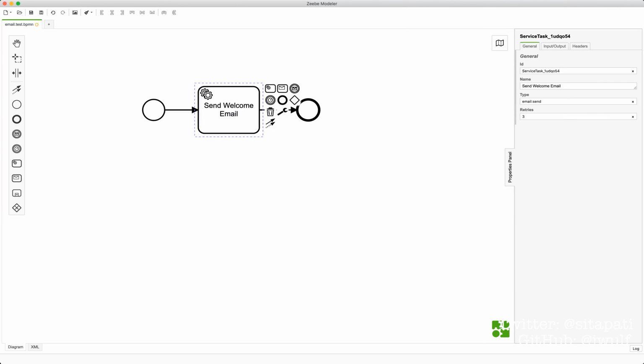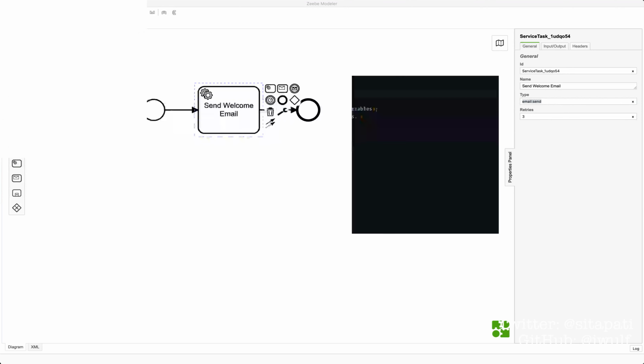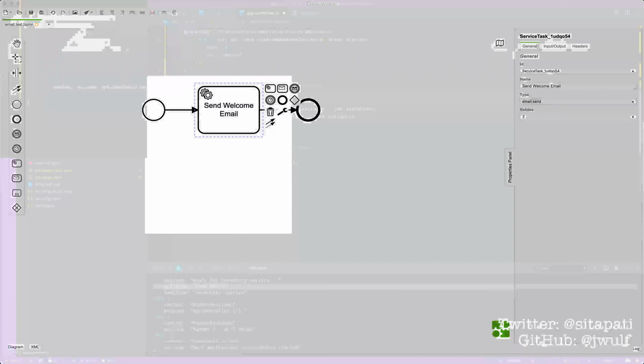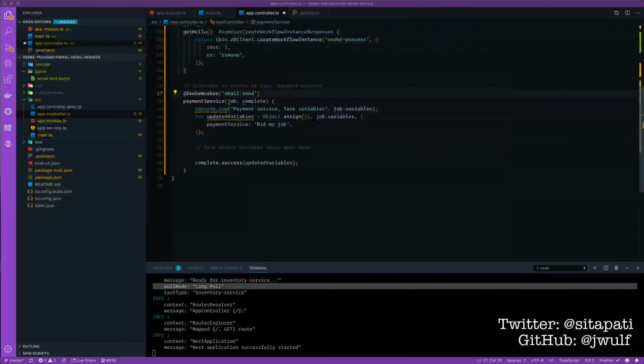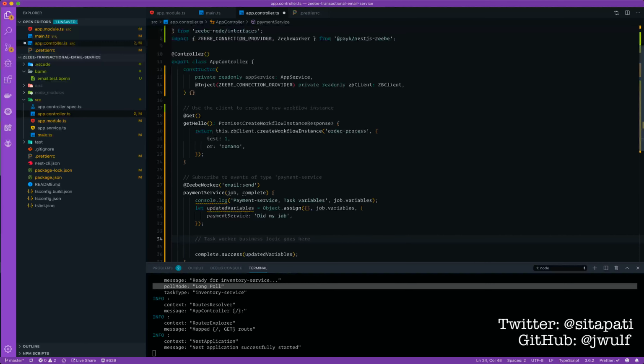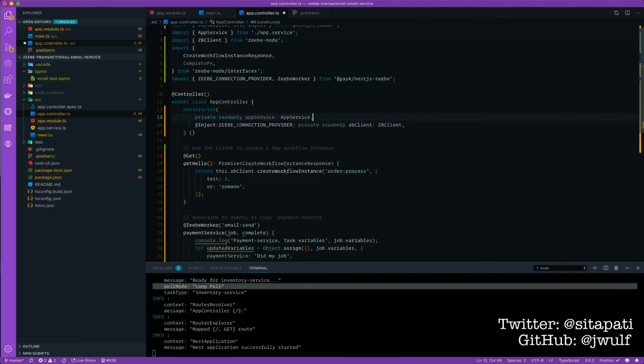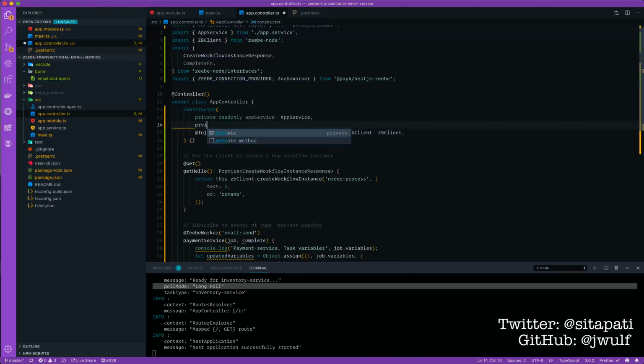Anyway, email send is the type. Okay, so yeah, we're going to use fetch variables. This is going to be cool. First time I've done this. The other stuff I've done before, but I haven't used fetch variables. Oh yeah, let's inject a logger. So in here what we can do, we just inject a logger like this. Private readonly